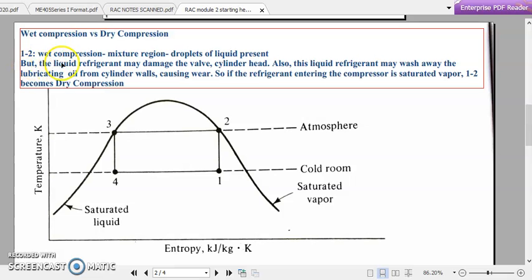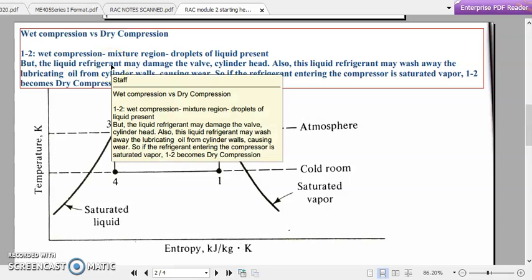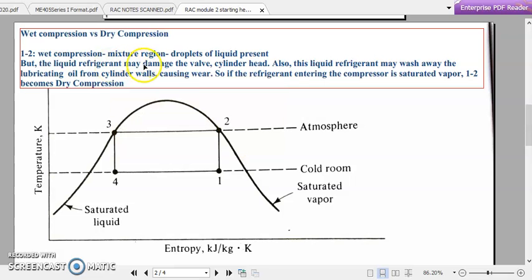But what will happen to the liquid refrigerant? The liquids, we normally consider them as incompressible fluids. So the liquid refrigerants will be damaging the valve or the cylinder head. So here during 1 to 2 we are considering the compressor work. For simplicity we can consider the compressor as a piston cylinder arrangement. So if any liquid droplets of the refrigerant are present inside the compressor cylinder, it will be damaging the valve or the cylinder head itself, because normally we consider